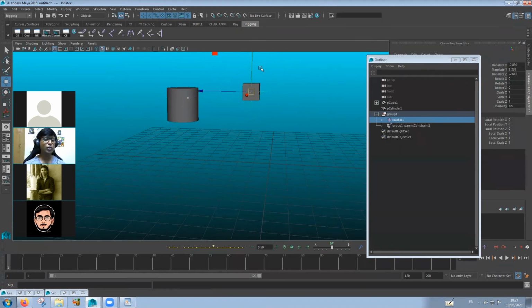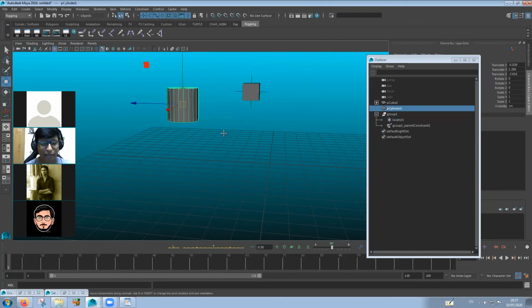So even though you don't have any control for the object, for example, sometimes there are props which are not rigged, or which are poorly rigged, and you want extra controls for that. You can always use this method to do something like that. So this is one way that locator helps you out in solving an issue.